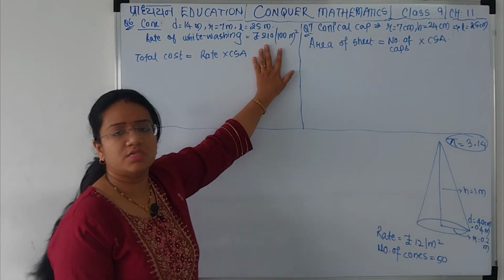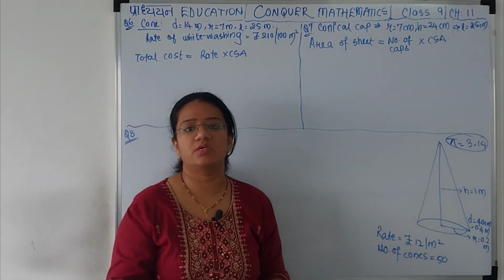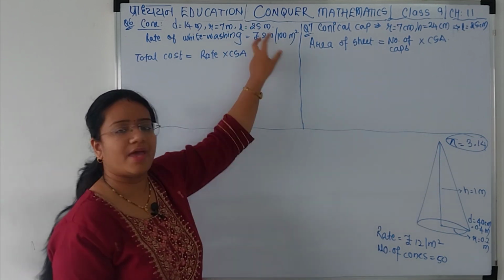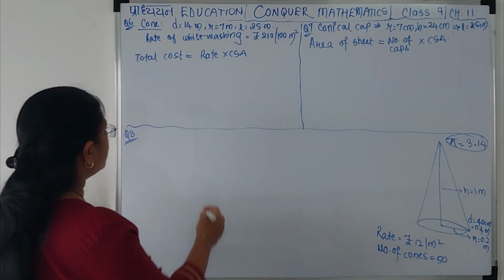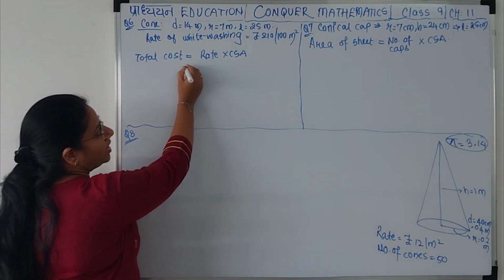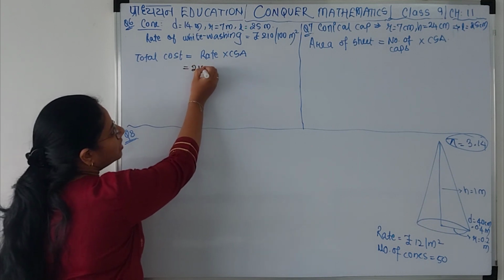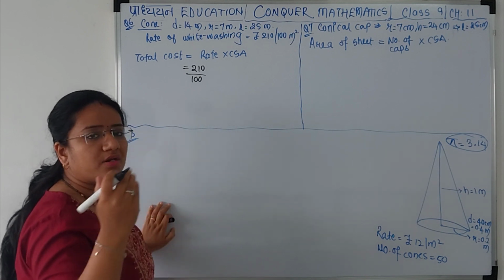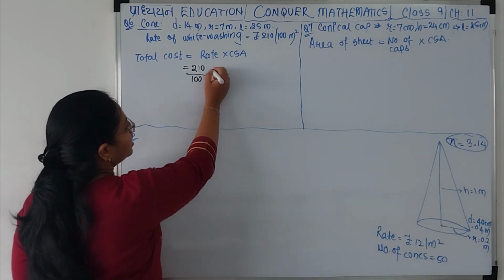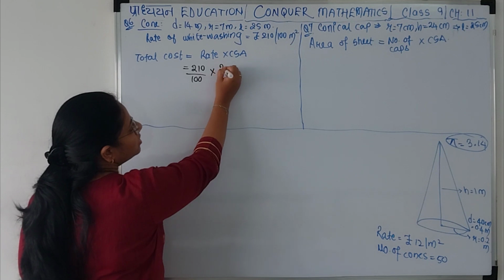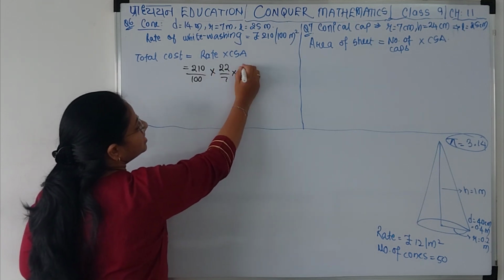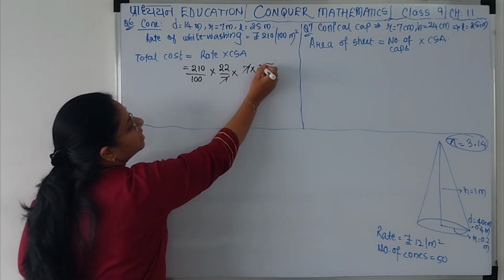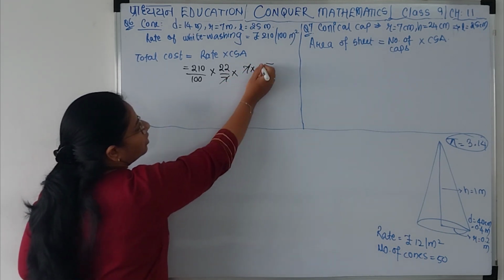Now don't convert this to anything. Okay, 2 rupees per meter, 2.1 rupee per meter square, ये सब मत करो. Directly use this as the rate. Okay, let me tell you what I am saying. Total cost क्या होगा वाइट वॉश करने का? जो रेट है वो वैसा का वैसा लिखो, अपॉन 100 करके ही लिखो. 210 rupees per 100 meter square into CSA will be pi r l, that is 22 by 7. Radius is 7 और slant height is 25. Don't do anything. ये आप कर सकते हो क्योंकि वो कट हो जाएगा.